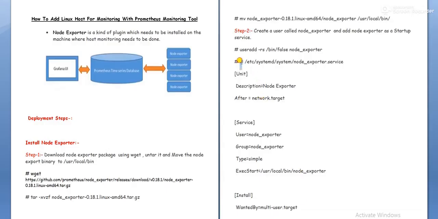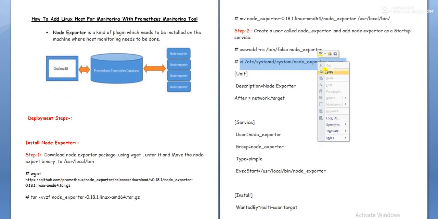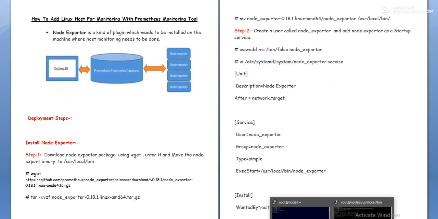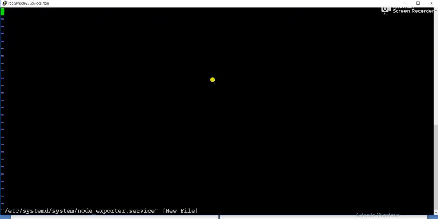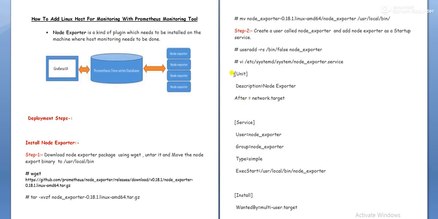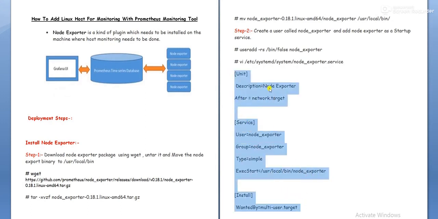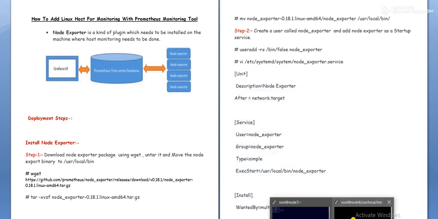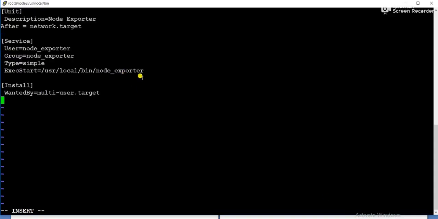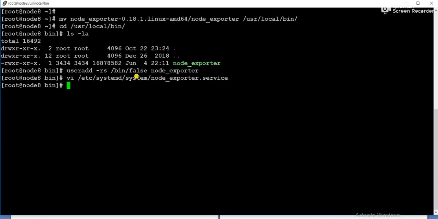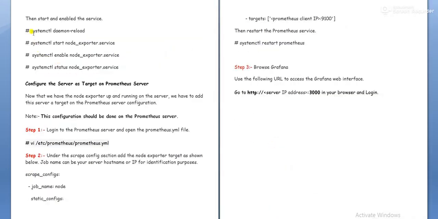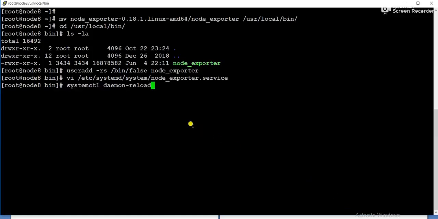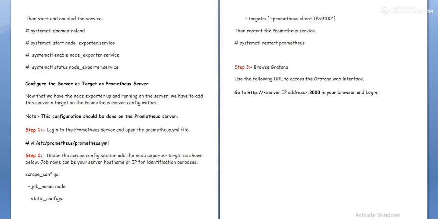Now we'll create a file node_exporter.service under /etc/systemd/system. Insert, we'll copy all the contents. Let me paste. It's done now. After that we need to reload the daemon, systemctl daemon-reload.